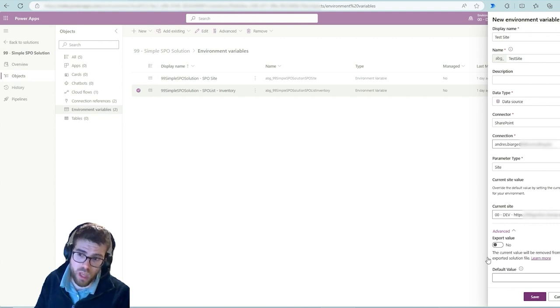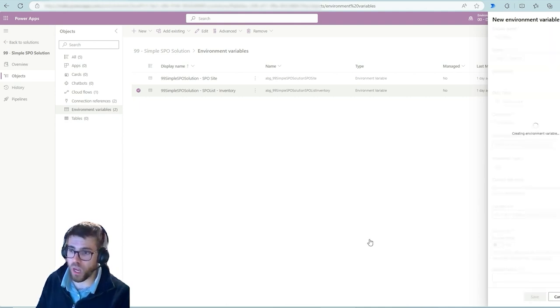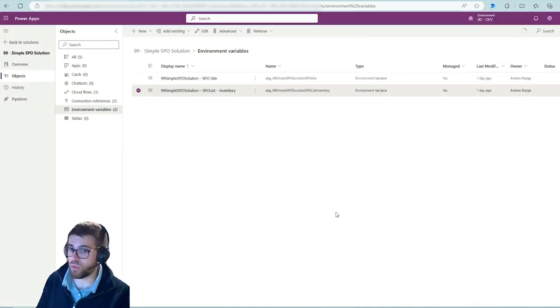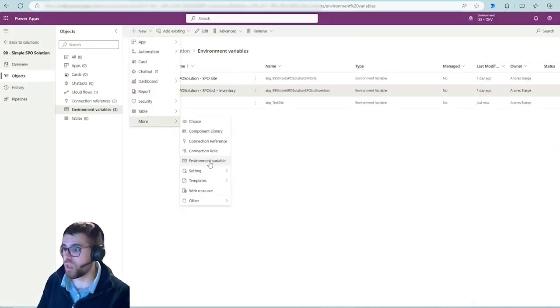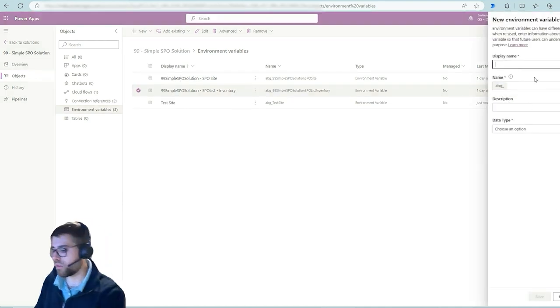No, of course, in this case, but we may want to do that in another case, in a different case. Now let's hit save. And we have an environment variable that is pointing to this site. And now let's pick the environment for the list. Okay, so test